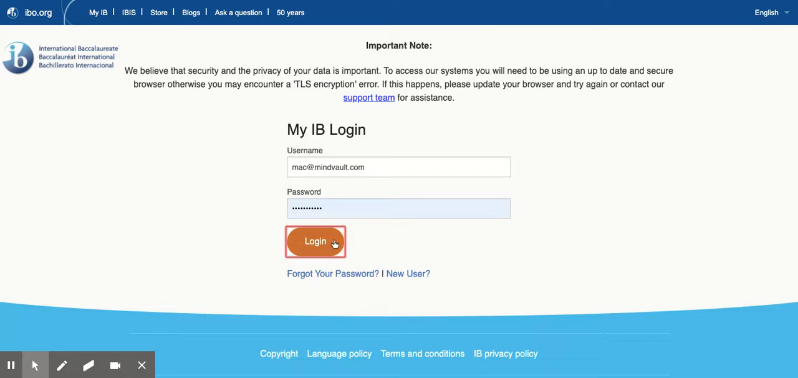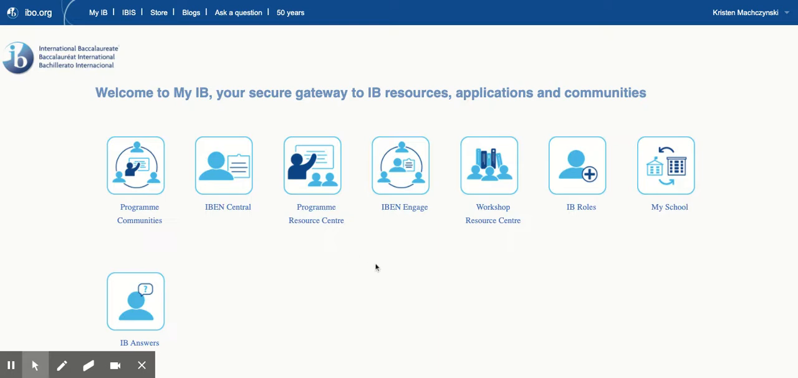My screen is going to look a little bit different just because I have some extra pieces to it because I'm an educator, but one thing that I want to point out is Program Communities and Program Resource Center. The other thing that you will see more than likely are IB roles, My School, and IB Answers. So if you click into Program Communities, you're going to see